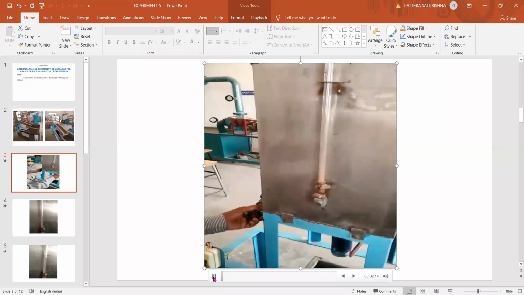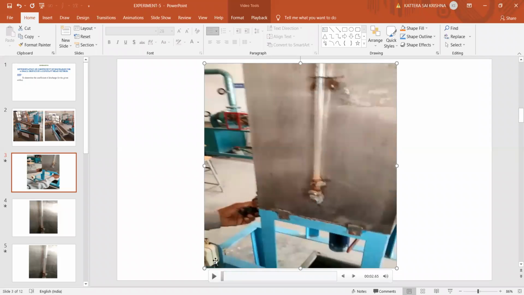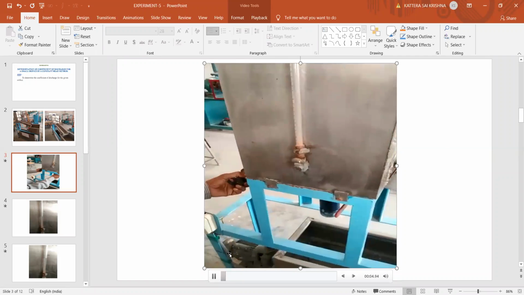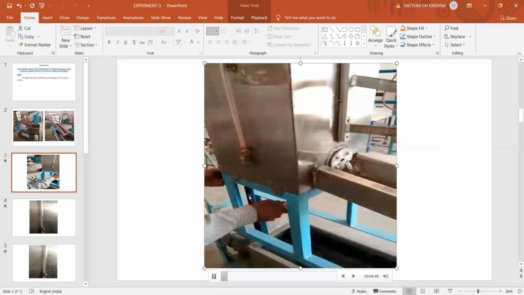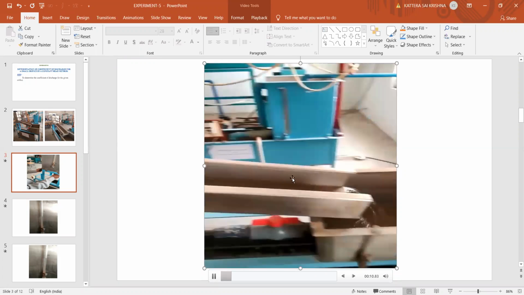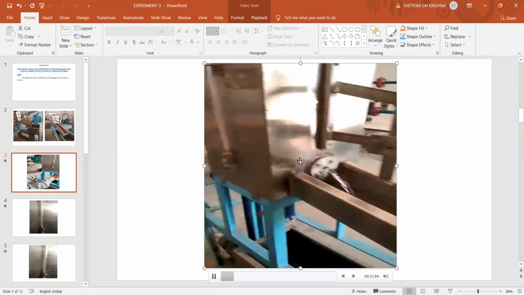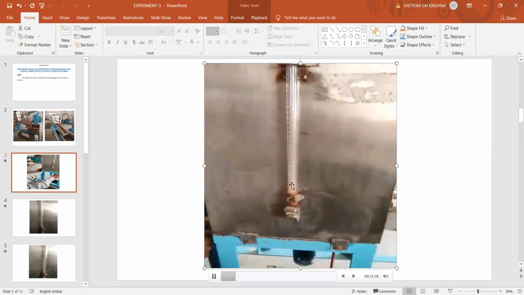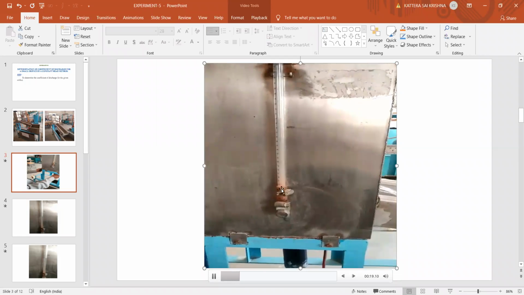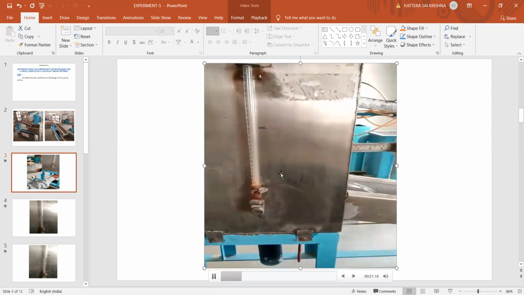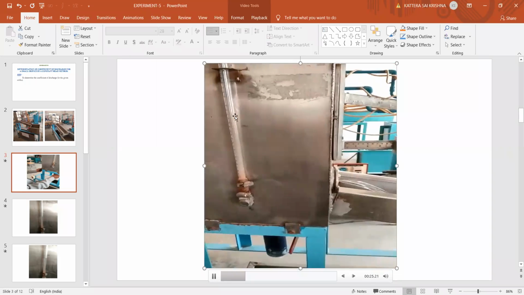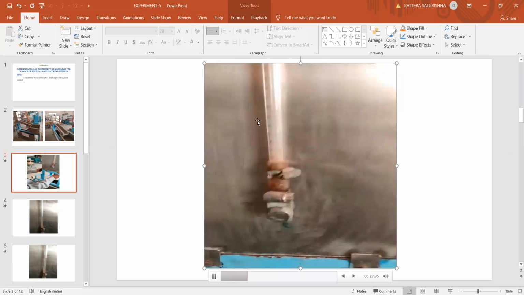So this is our supply tank. See here. The water level is adjusted, and this is our RFS where the water continuously flows through, and this is our collecting tank. By using this tube, we can see the water level in the tank, how much water is filled in the tank. We should maintain the tank level constant. Until it becomes constant, we should wait.